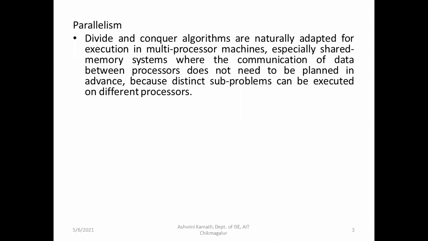So for example, I have a quad processor, that is, 4 processors in my machine. When the input is divided into 4 sub inputs or 4 subproblems, each subproblem can be given to each processor. At a time, all the 4 subproblems will be executed. This can be done only when each subproblem doesn't depend on another subproblem. If each subproblem is independent of the others, then only we can do that.